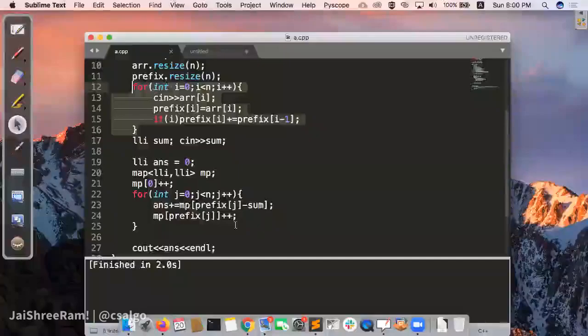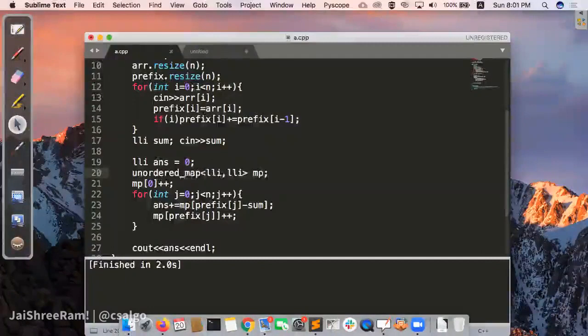Okay, that's a good question. If it's not clear, it should get cleared. There are two possibilities, right? You can keep a map or you can keep an unordered map. Which one should you use in questions? I would say use map first. If you get a TLE, use unordered map. Don't use unordered map first and then, if you get a TLE, use map. Use map first; if it gets a TLE, use unordered map.